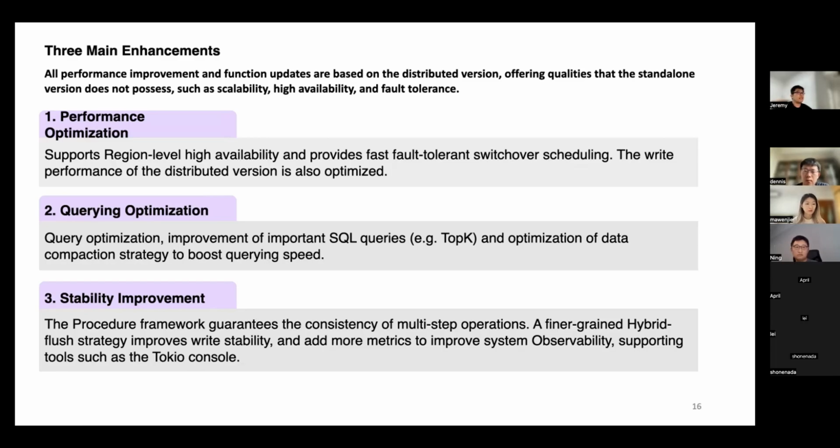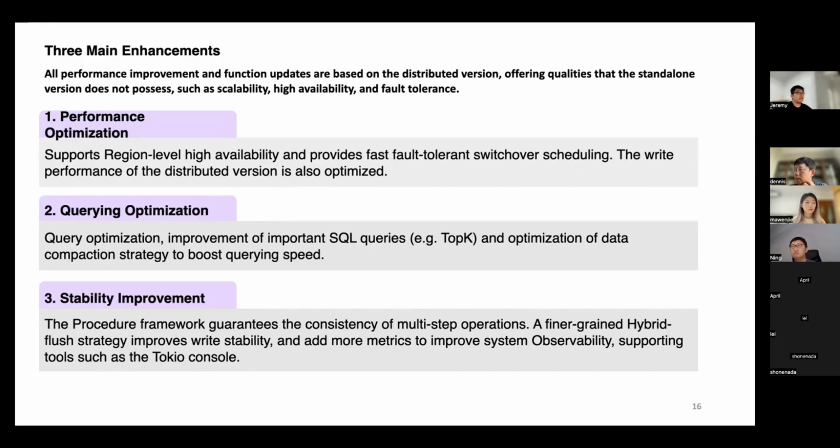Finally, other enhancements worth mentioning include the addition of more metrics to monitor the operation of GreptimeDB, support for querying external data, importing and exporting files in CSV, JSON, and Parquet formats, support for TQL explain and TQL analyze clauses to analyze PromQL query performance, improvements in PromQL compatibility, and support for enabling Tokio console.